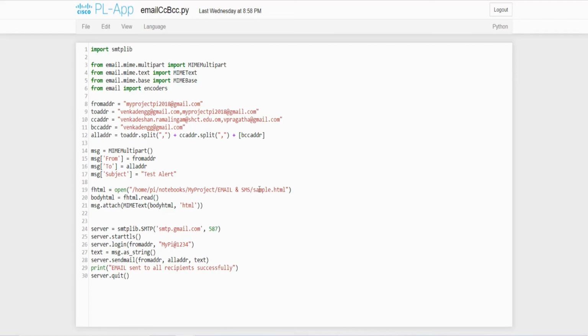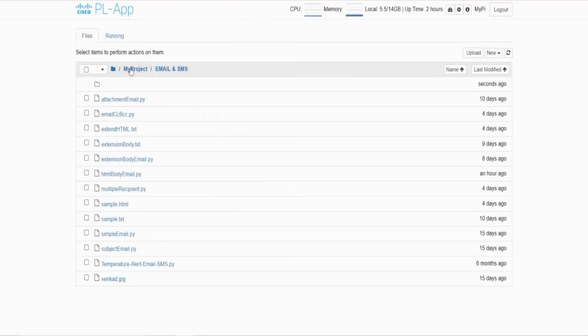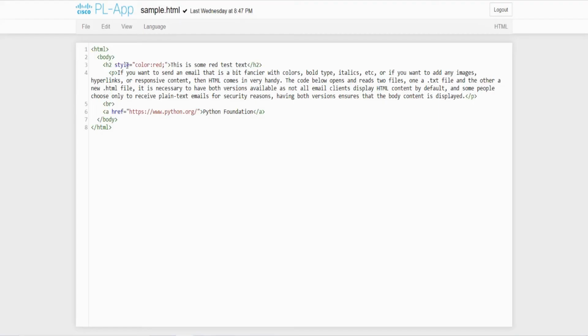Followed by that, here I have an external file called sample.html. This file is going to have my email body text. If I open this one, here I have that sample.html. Here I have given my entire email content inside the HTML because I want to send an email with fancier text, like it should be in bold or in the color red, in paragraph format, and I have to provide some hyperlink here.